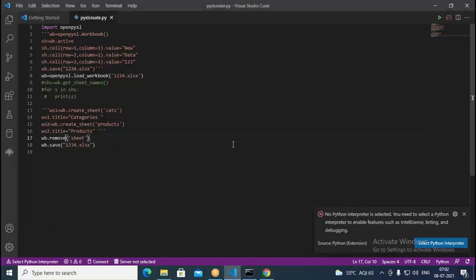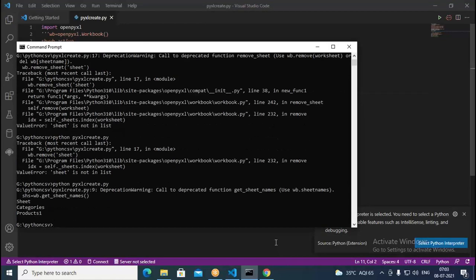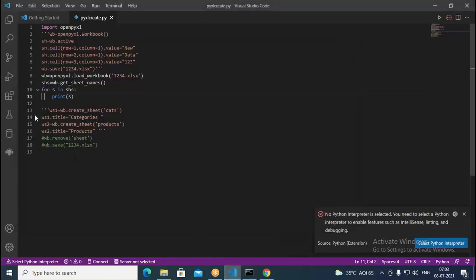Therefore, what we do, once again, I comment it. This also I comment. I try to see what sheet names are available in this. Okay, we are getting sheet names totally. Then we try to print here what are the sheets available. Once again, come to this, then execute. It says sheet, categories, and products. Okay, then what was the problem in that? The problem was with the